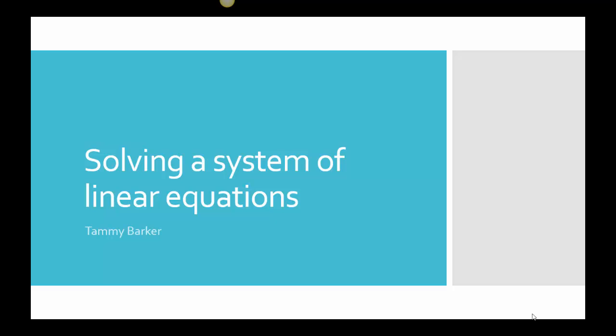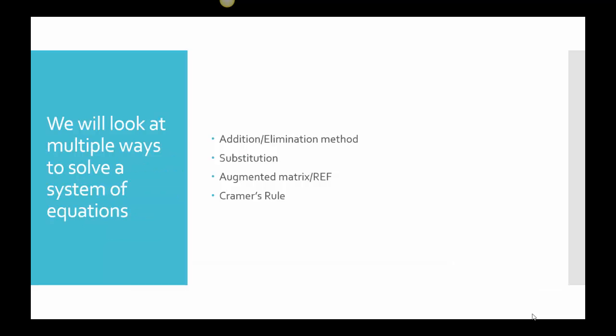This little video is going to go over solving a system of linear equations, and it's just going to be two equations with two unknowns, and I'm going to solve it 4 different ways for you. So, the 4 different ways we'll talk about are the addition slash elimination method, substitution. We're going to use an augmented matrix to turn it into the reduced echelon form, and then we will also